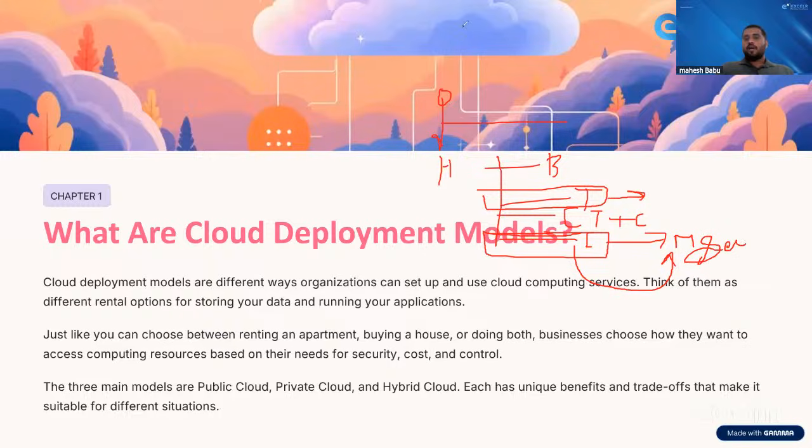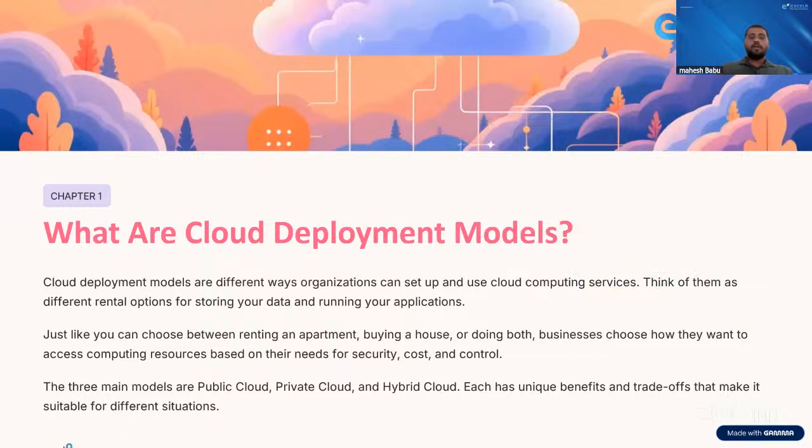The person who is traveling some distance through train and some distance through cab means he is using both modes of communication. It is called a hybrid cloud. A person traveling through the train, where the train is not only for that particular person but shared among multiple stakeholders or multiple people, that's why it is called a public cloud. Hope it is clear to everyone. So these all are the deployment models, which are very, very important.